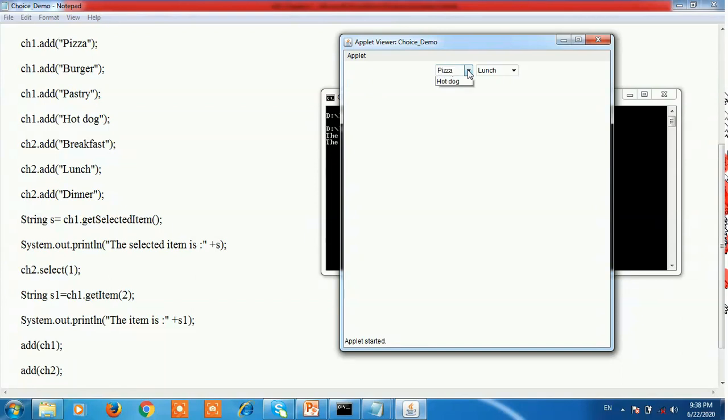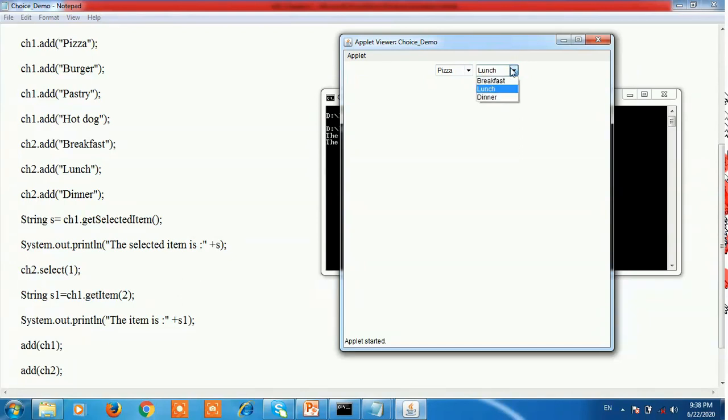So choice 1 has 4 items, and choice 2 has 3 items. By default, if we don't select a particular item, then the first item is displayed in the choice. In the choice 1 object, we did not select any particular item. That's why the first item, pizza, is displayed in choice 1.